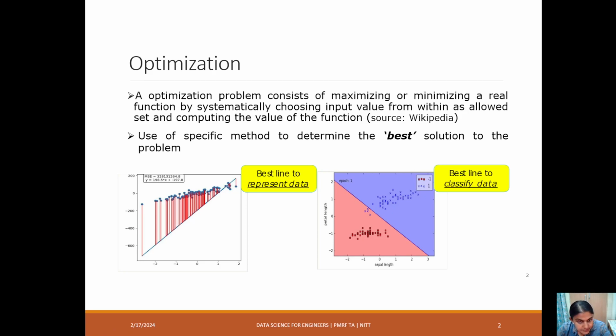optimization technique. Now when you see the first graph, in terms of ML algorithms, it represents a regression problem where you will fit a line for the different set of points which are given. So for that set of problems, you have to find a best line that can represent the data which is given to you. In the case of the next diagram, the second diagram, it is like a best line to classify the data,